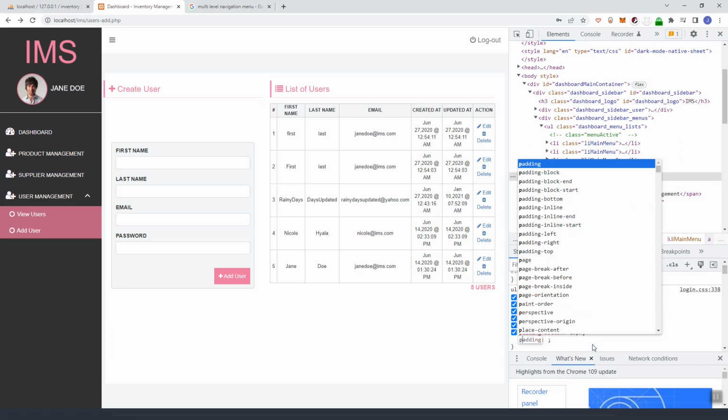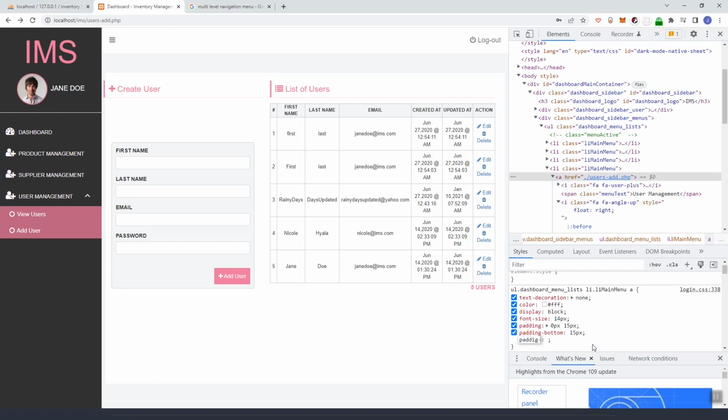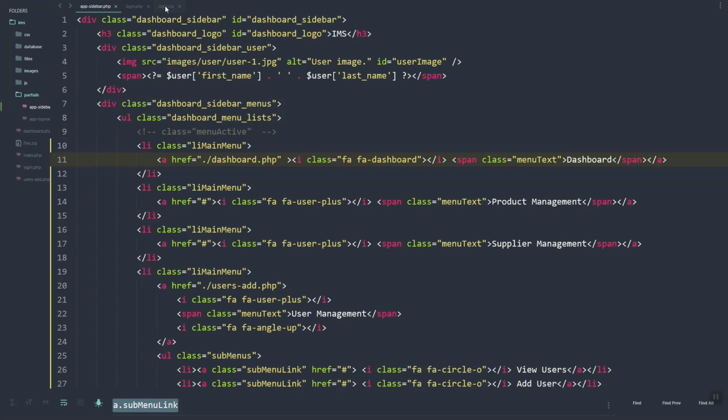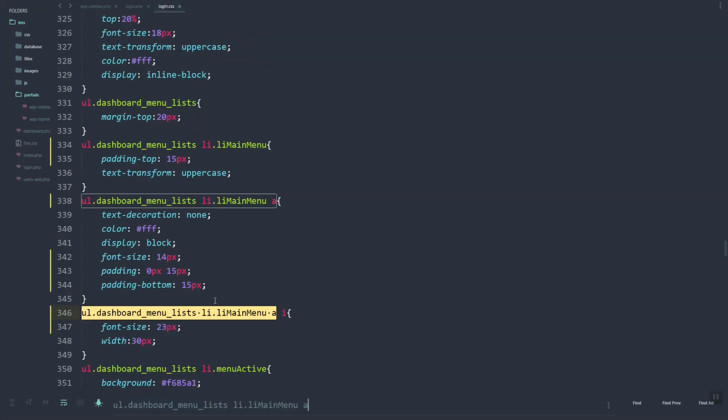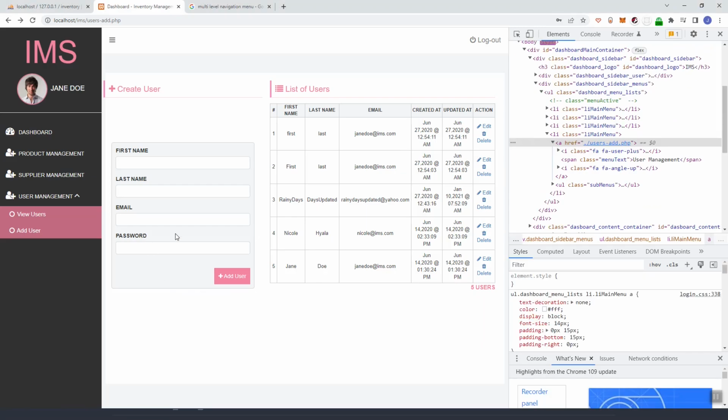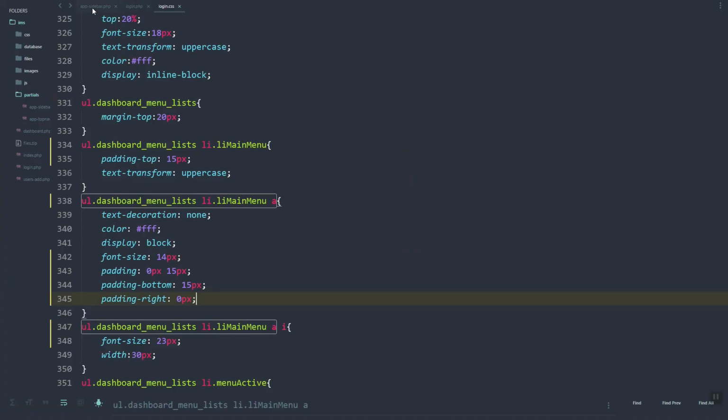So it should be right, padding right. So let's remove the padding. Let's go to our login and add the padding right, set to 0, and then also